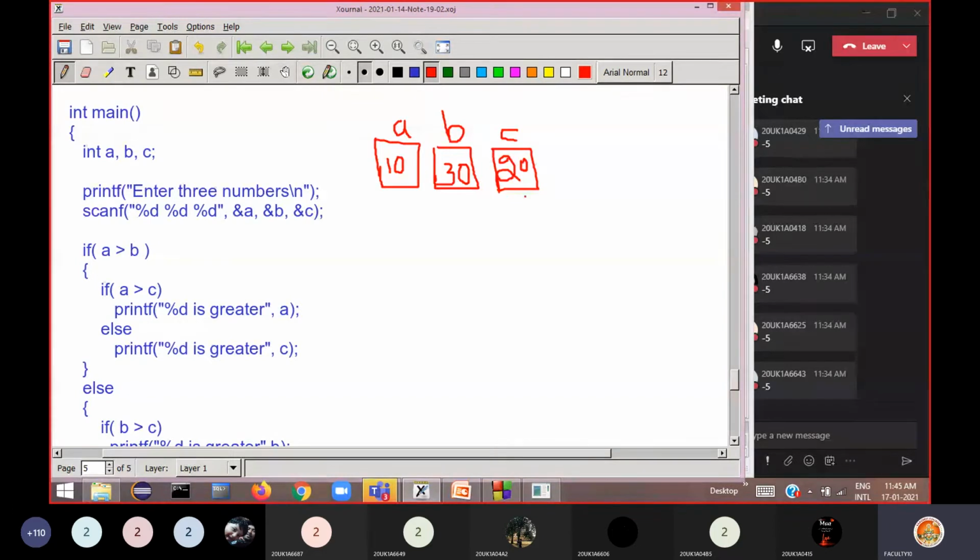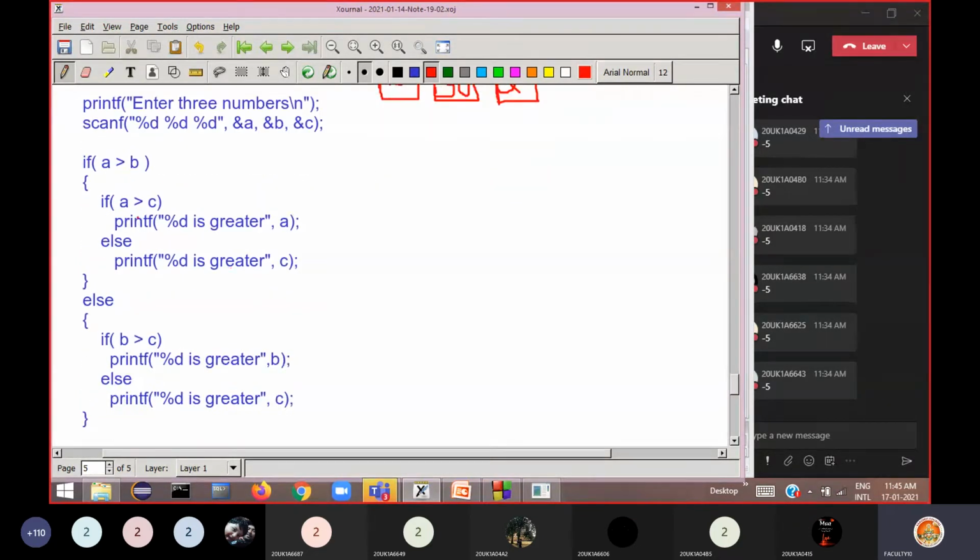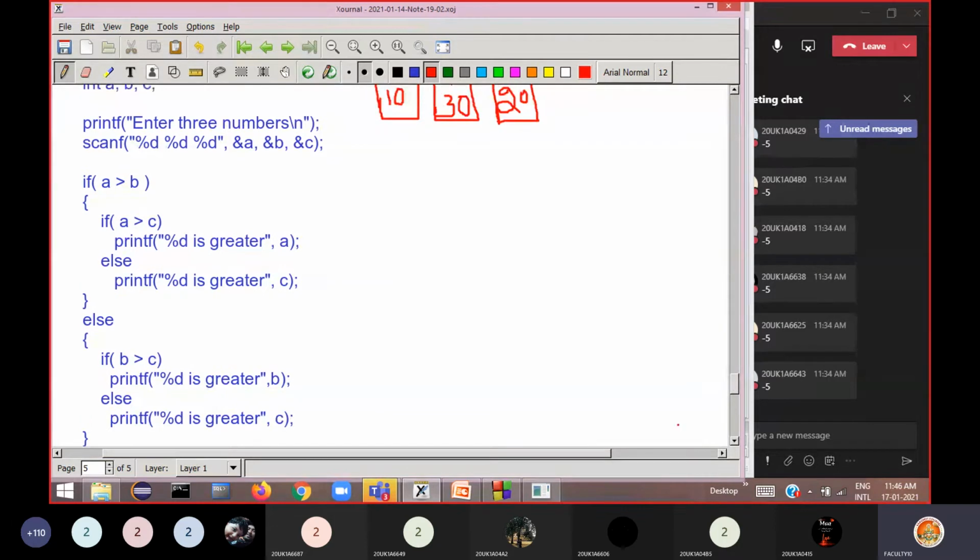Then we got the output "30 is greater", but there are four printf statements. From which printf statement has it printed? Can you just tell me 1, 2, 3, 4? From which printf, first, second, third, fourth, did you get that output? Now try to execute on your own and just give your opinion. Let me see how many of you will be right.